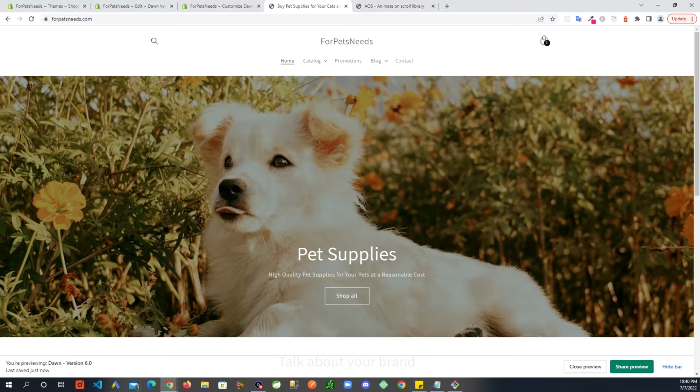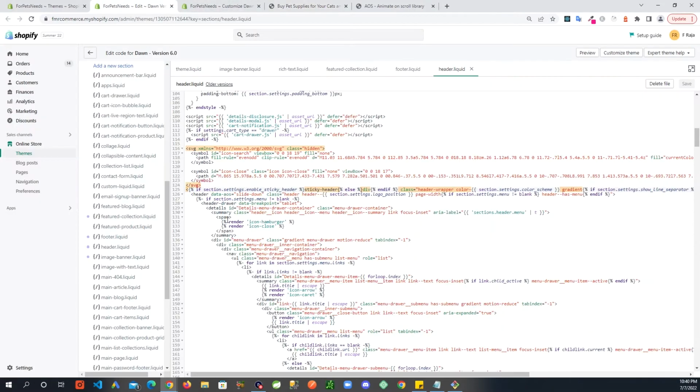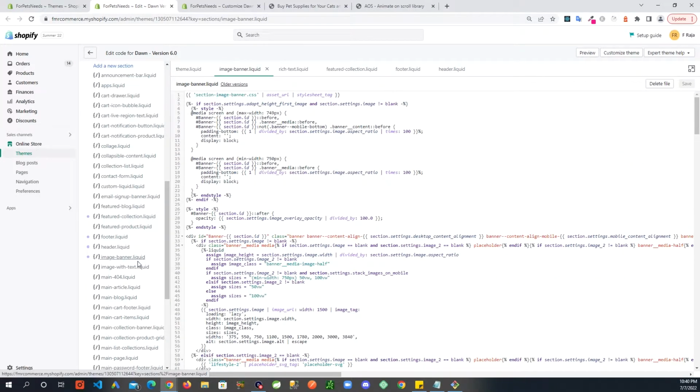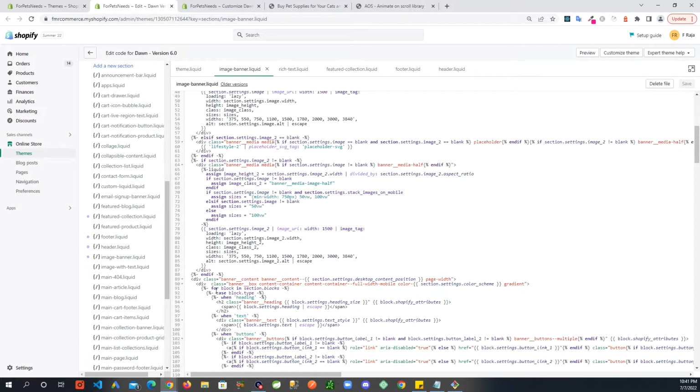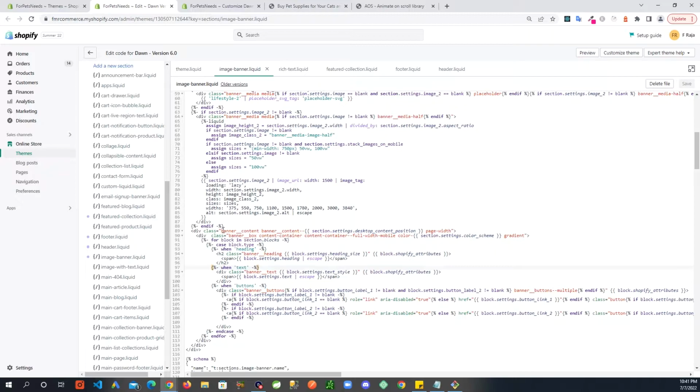And now moving on to the next, this is the image banner section we have here. So same thing, I'm going to go into the image banner section, and right here in the sections folder you have image banner. And then what I'm going to do here is add a slightly different animation around line 89. See this where it says banner content, and right before that, same way, I'm going to add this. So I'm adding zoom in up. Save this,